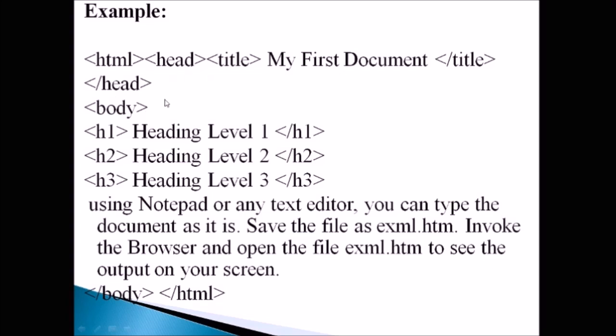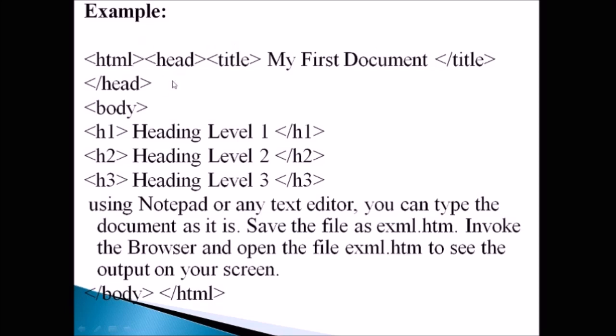Within the head block, we can give the title, author and any other information about the document. Here the title tag is followed by "my first document". This title of the document will be displayed as a heading when we display it on the browser. The title tag also has its respective closing tag.